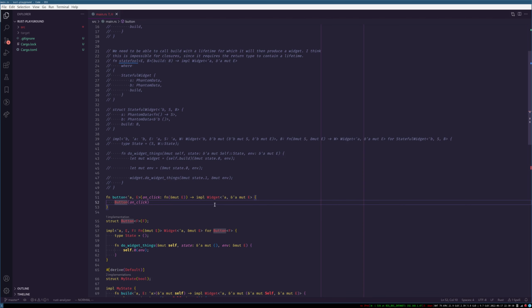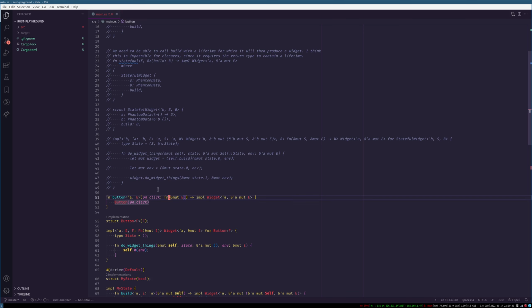And currently, with how closures work, that's not possible because this is a type parameter. So if it was a reference of that lifetime, then